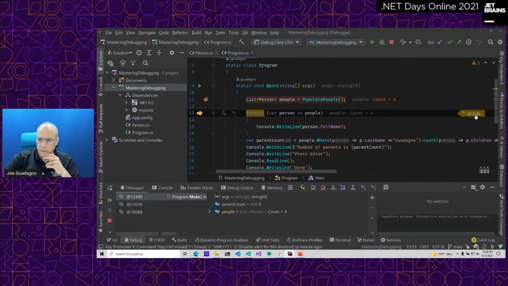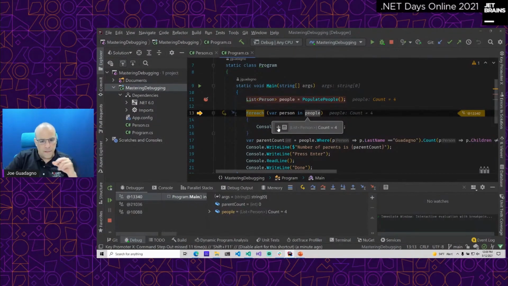Over here I got this little data tip which tells me the thread that the ID is running on. This is helpful if you're in the previous talk when you're looking at asynchronous programming. If you have multiple threads running, it's helpful to know where it is. And that's not really a squiggly line, that's more of a thread, which I just realized was the actual idea